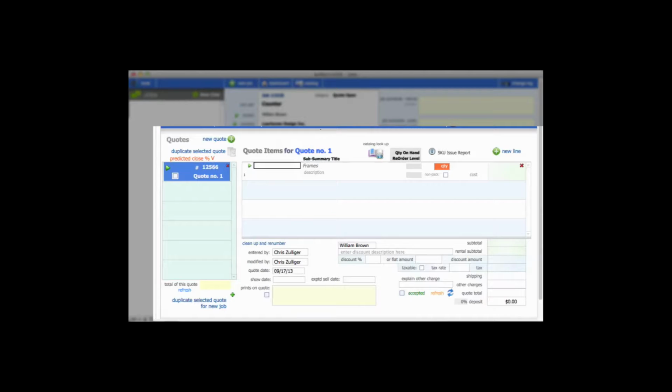So we've created a quote number within a job, and I've put a couple of items in here, and we're going to say that this is for the counter. This is a sub-summary title, but Alabama White Granite shows that we have 20 on hand. I'm going to go ahead and do 10 at the price, so you can see it's filling in our stuff here. I'll tab through, and it'll give me another opportunity for another item. We'll just throw in another one, and we're going to call this one